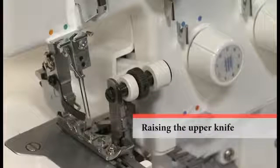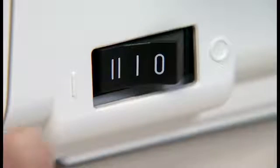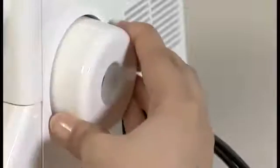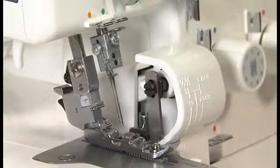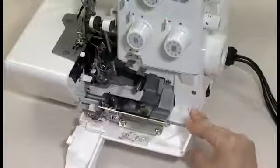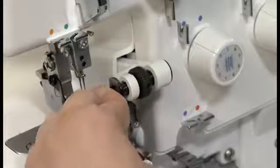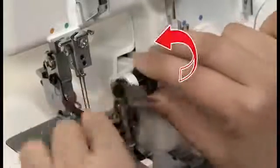To carry out sewing without cutting the materials, raise the upper knife. Be sure to turn the power switch off before raising the upper knife. Turn the hand wheel until the upper knife is fully raised. Open the looper cover. Press this part toward the right until it will go no further. Keep pressing and turn the knob on the